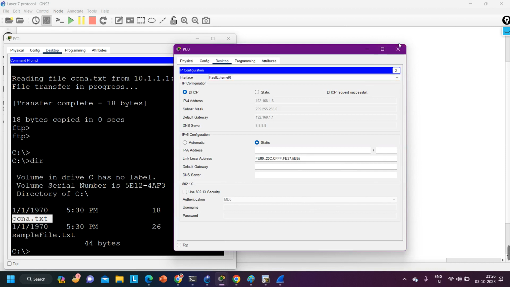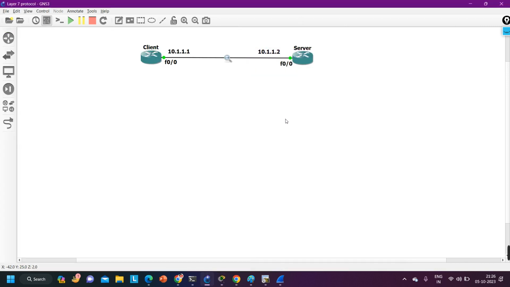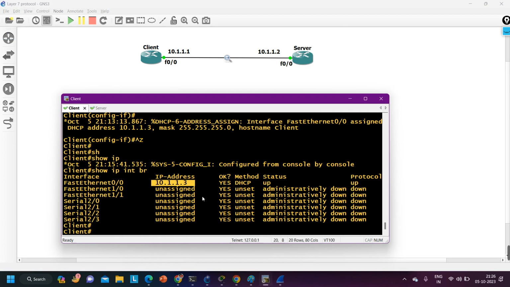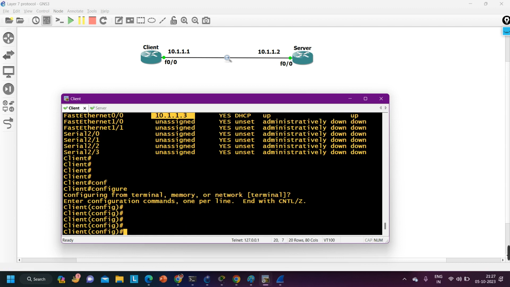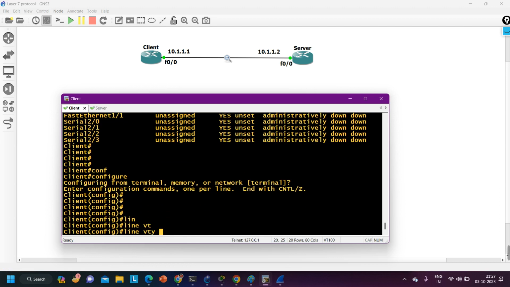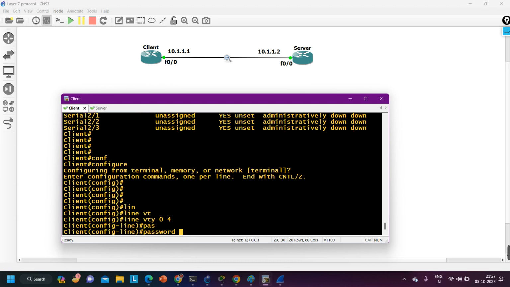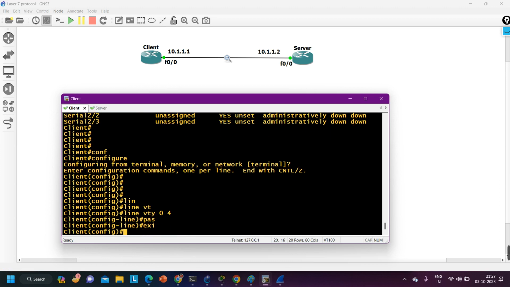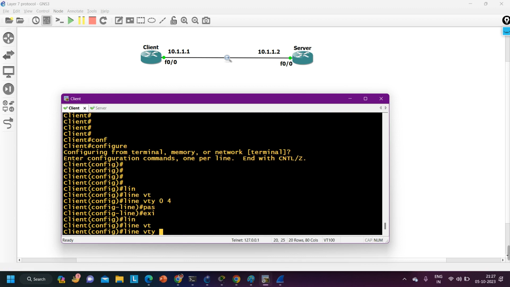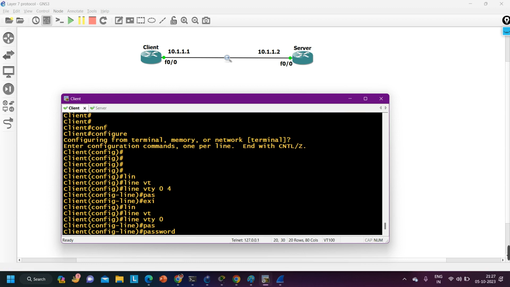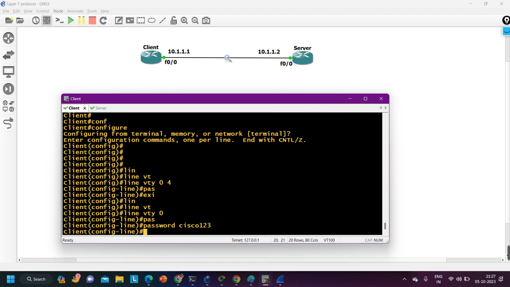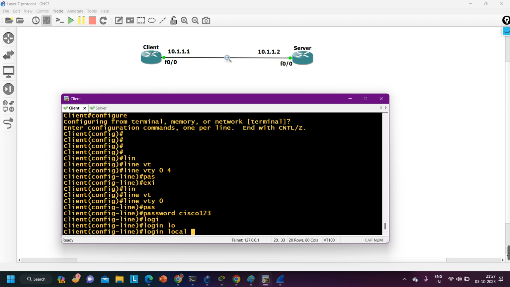Next protocol is the last protocol, let's say Telnet and SSH. So on this server I am going to configure Telnet. The command to configure Telnet is line VTY 0 4, or you can configure 0 only. Line VTY 0, and then I am going to say the password is Cisco123. On line VTY 0 I have set this password, and then I am going to say login